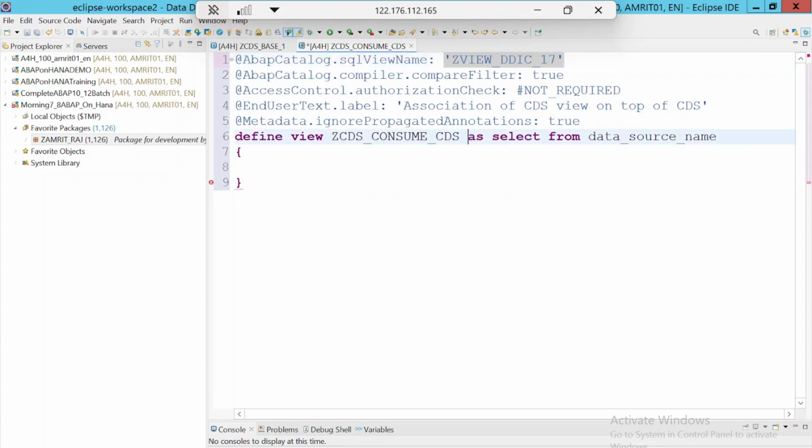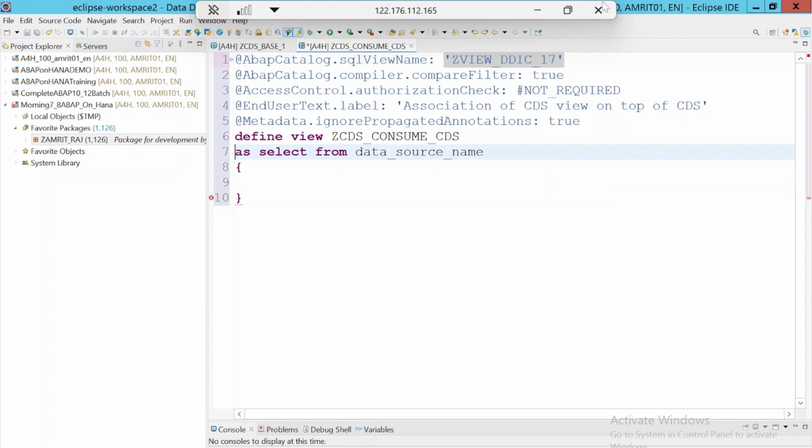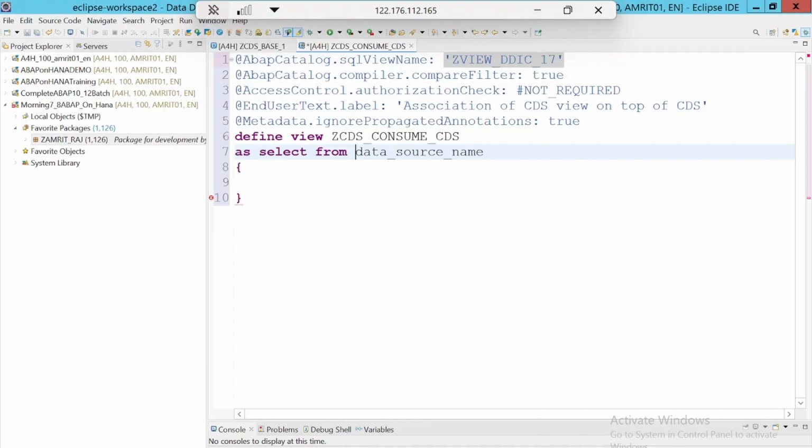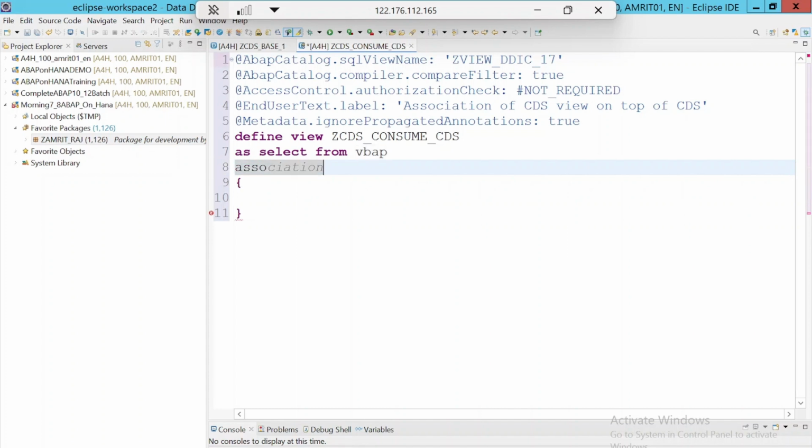So we are about to consume one here, right? What was the requirement? This CDS view will be fetching data from the VBAP item table. So here I will pass the VBAP table name, and then I'm going to make the association, correct? So I will simply implement the association here: association to this base CDS view, CDS base one, this one. And I will give one alias for it as the association name, CDS association